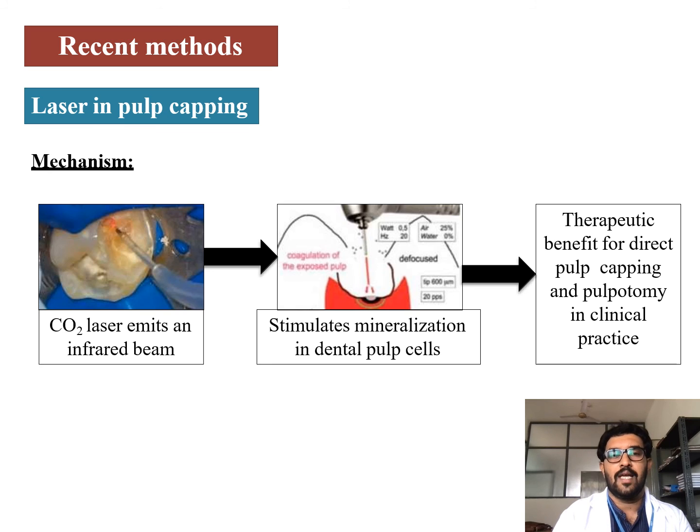Recent methods include laser in pulp capping. So many laser techniques are there. We have implemented them in the protection of the pulp. It's very important to go through this one. So laser therapy is one of the therapies where we go for protection. Stimulus mineralization is